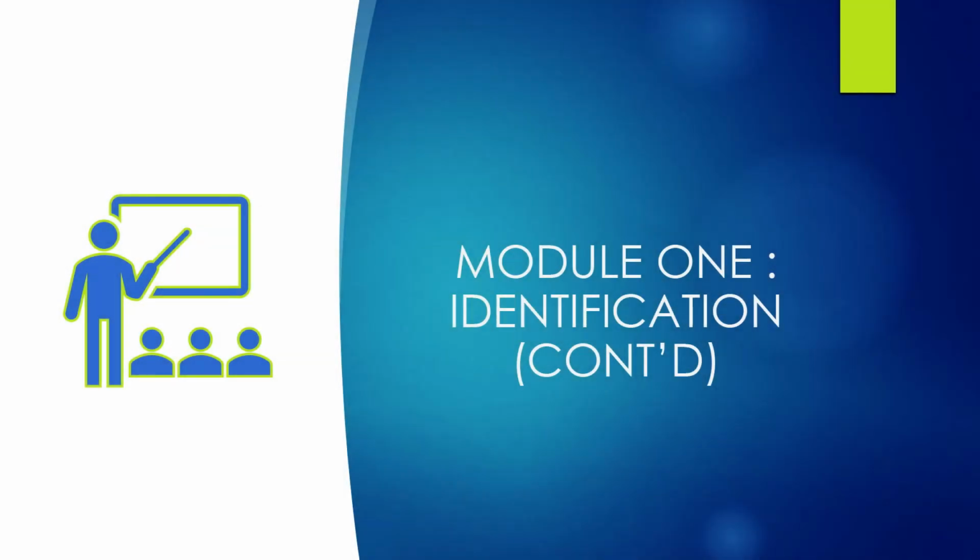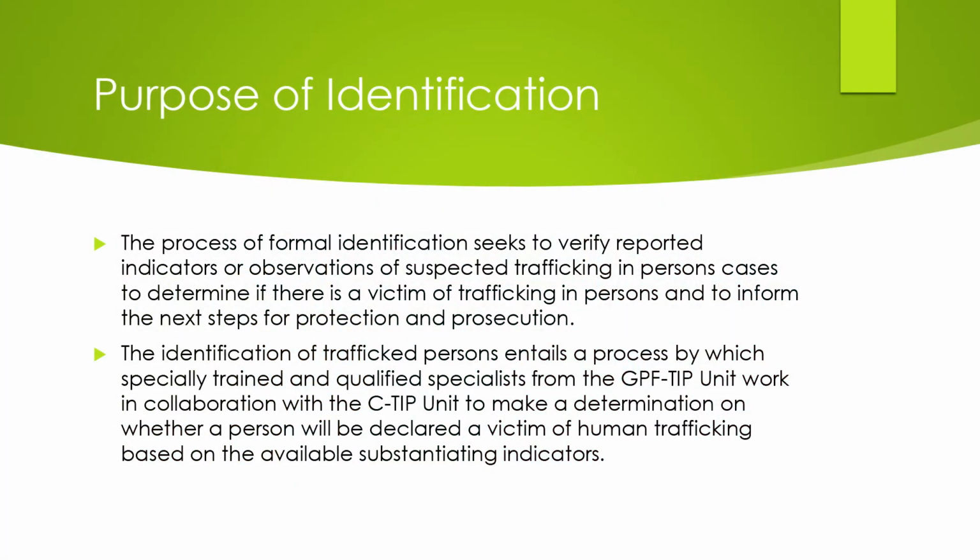So once you give them those instructions and they have done their presentations and you comment on the presentations, you can continue with providing the rest of the information on identification. And you want to emphasize the purpose of identification. Once they have done their presentations, you want to ensure that you explain to them, okay, when we do identification, this is a formal process. It is the next step after detection. It takes what we observe as indicators, and it allows the agencies, the Guyana Police Force TIP unit, the CTIP unit, to formally look at those indicators, the